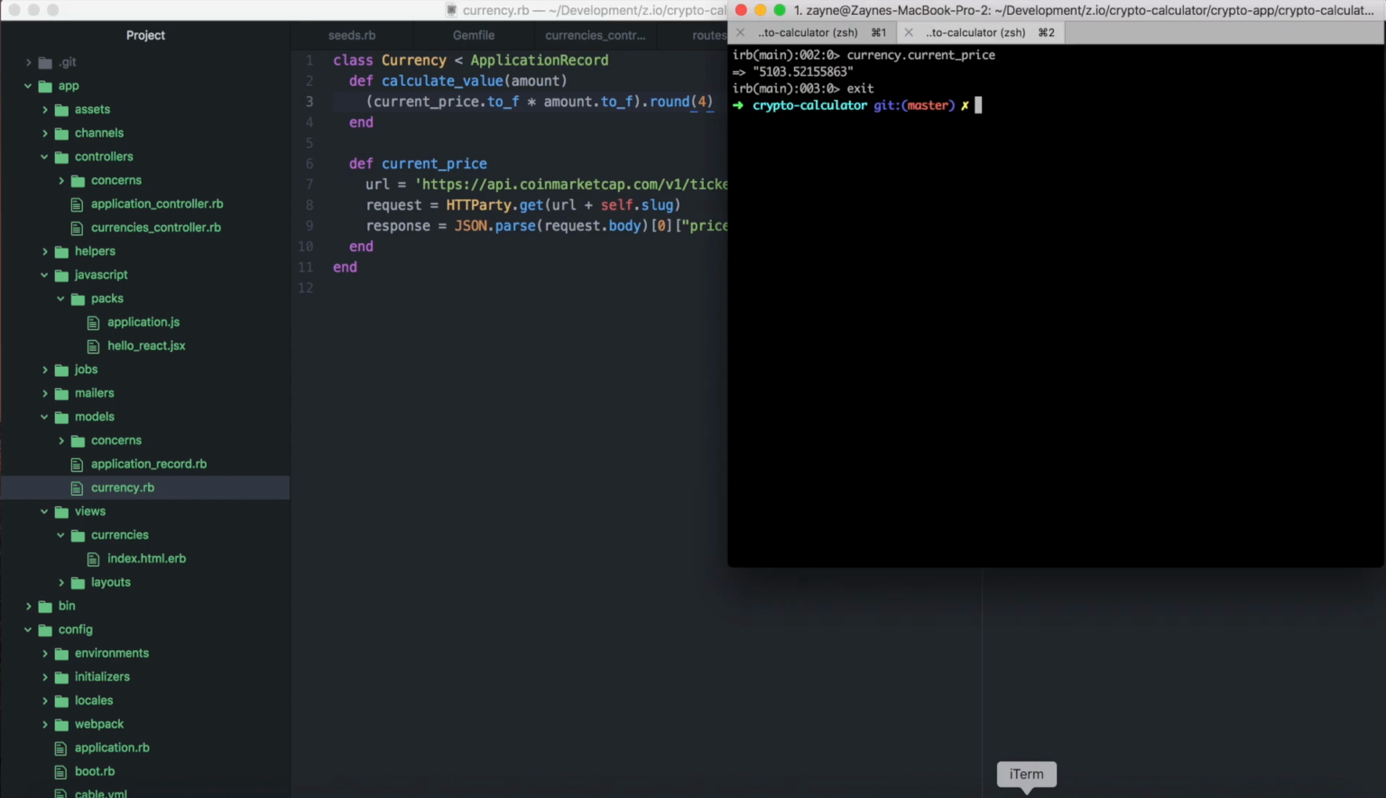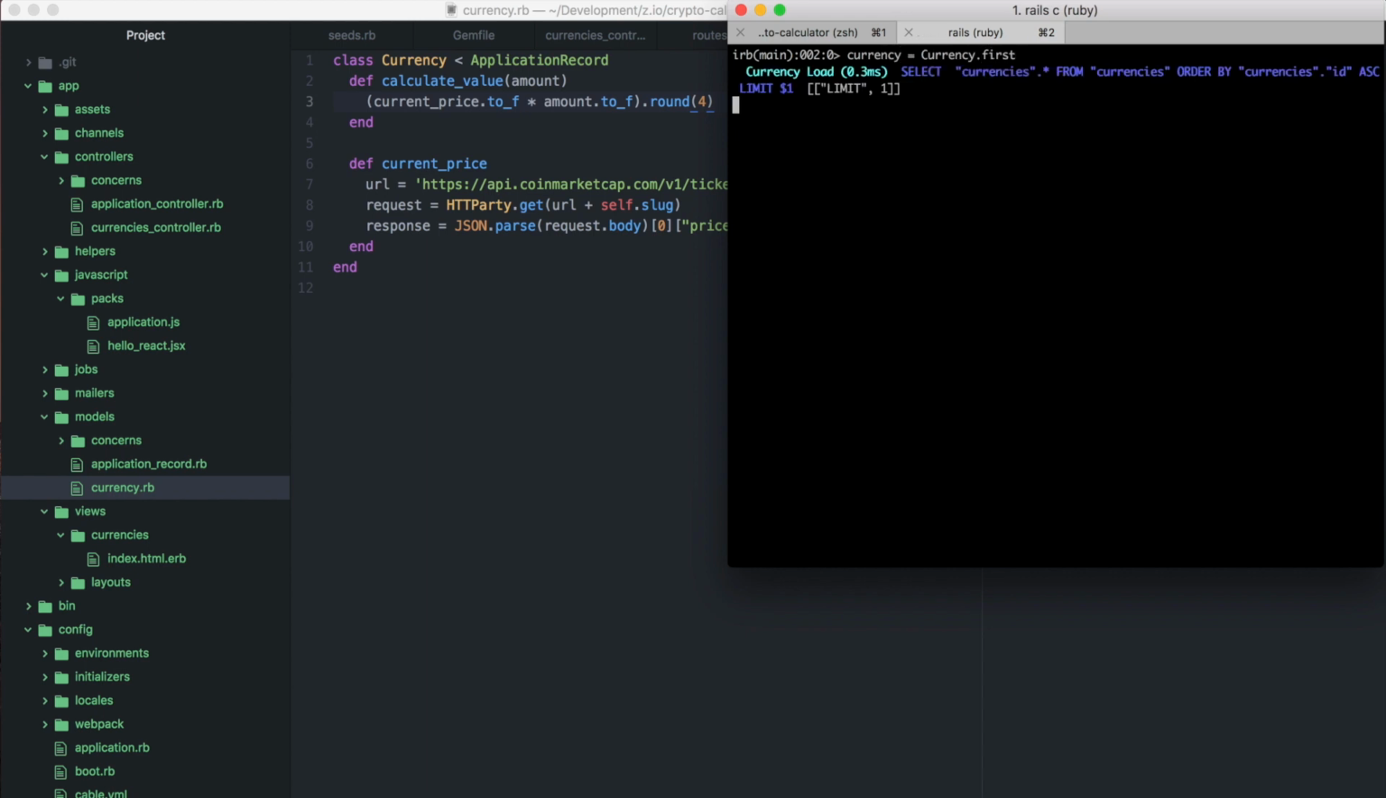Let's jump back over in here. And I'm going to open up my Rails console again. So now let's say currency equals our first currency, which should be Bitcoin. So now let's say that I own 4 Bitcoin. So let's do currency.calculate_value, and we'll pass in 4. And now we can see we're getting back a value of